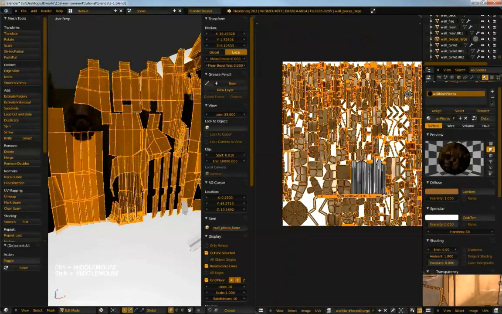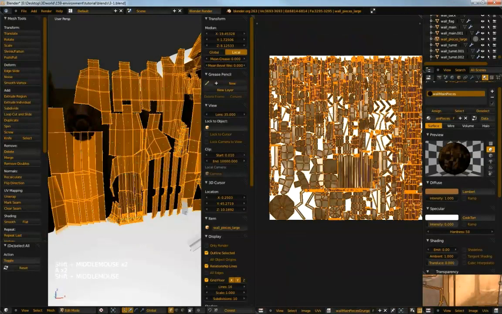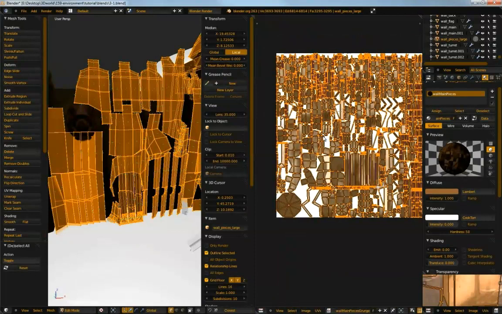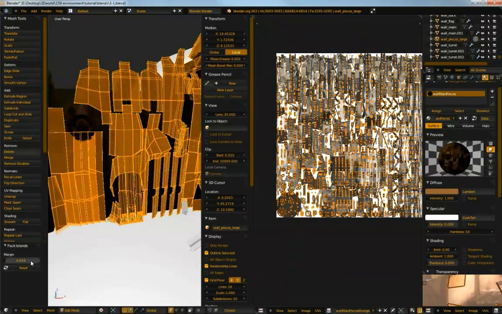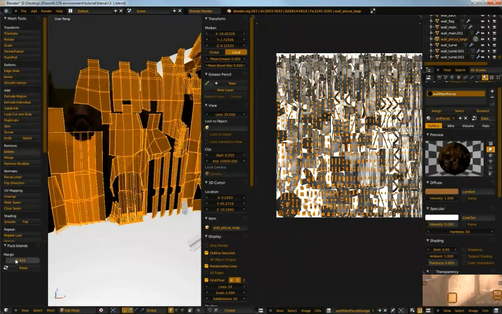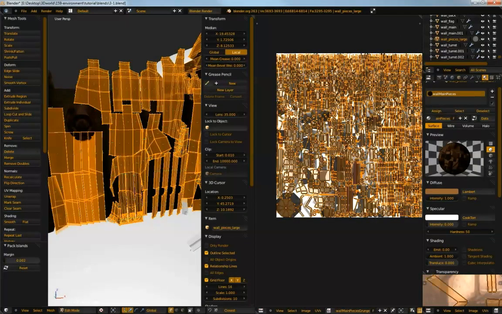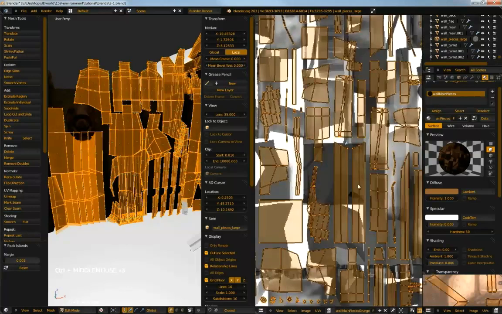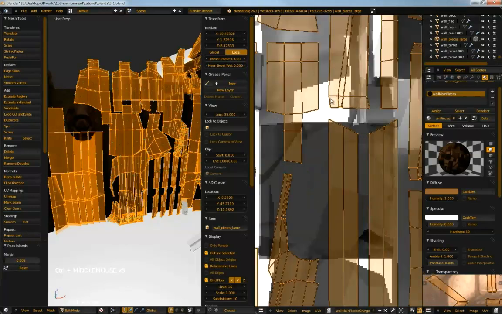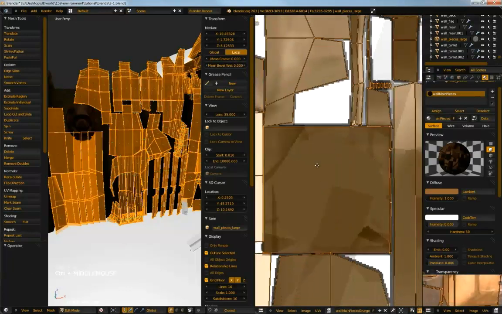So what you can do is you can go Control P, and then over here we have what's called a margin. If we set that to something like 0.02, or actually on this one here probably something like 0.002, we get this gap between them, and that is very important to stop bleed. Now I'm going to undo that,